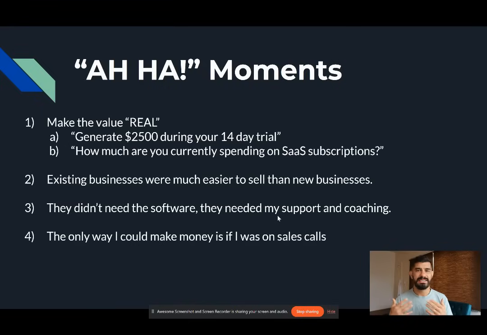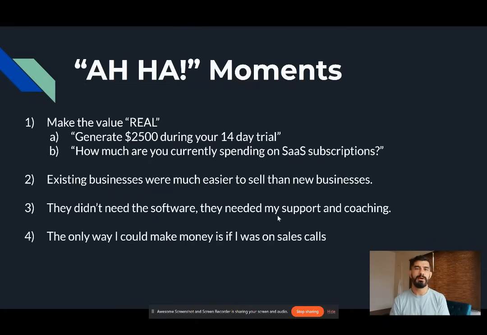And when I sat down with them and I showed them step by step how to put their people in, how to put their clients into the CRM, how to send a text message blast, how to set up a nurture campaign. Well, that's what they needed. They didn't need the software. They needed someone to hold their hand and show them that you're losing money by not actually doing this. And that was the real value that I was able to provide.